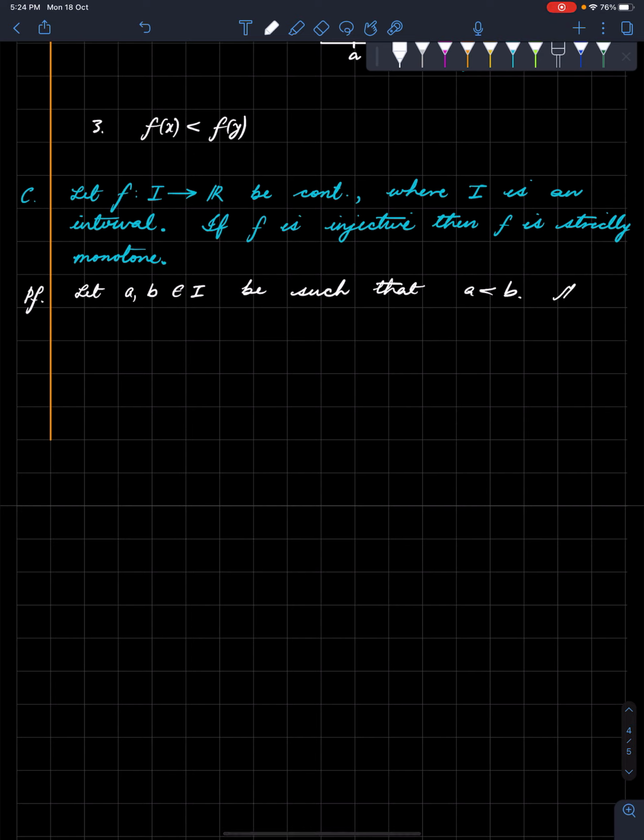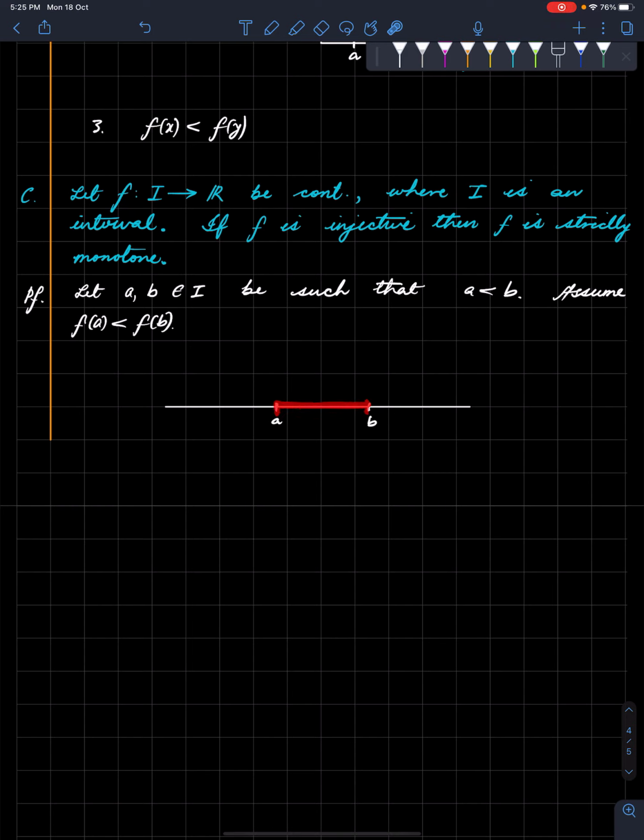So assume f(a) is less than f(b). The other case is perfectly symmetrical. Alright, and then we'll show that the function is actually strictly increasing. And let me again just draw a picture. So here is where we have a, and here is where we have b. Okay, and now just immediately by the previous lemma, we know that the function is strictly increasing on this closed